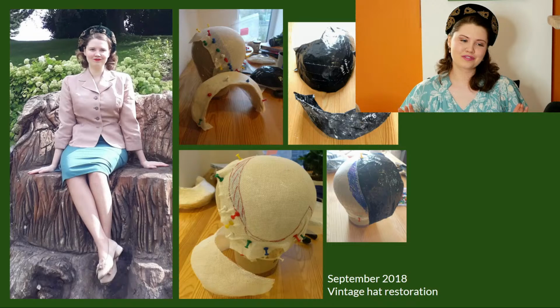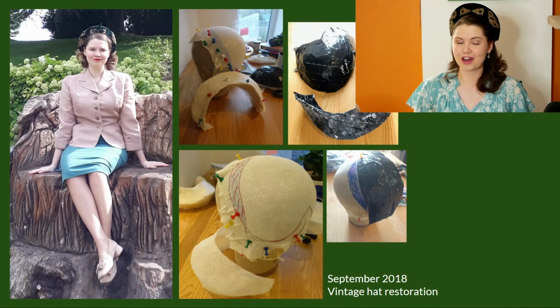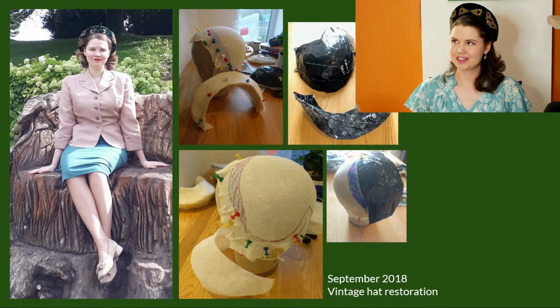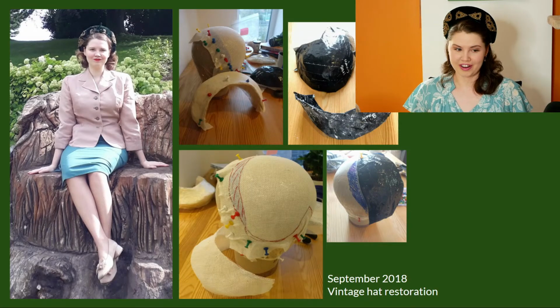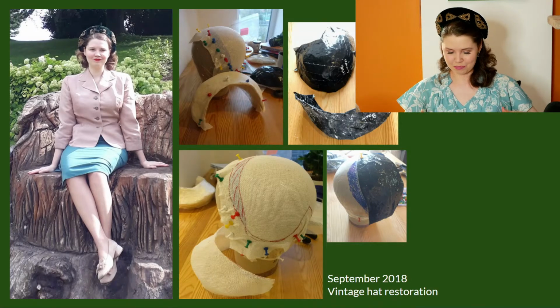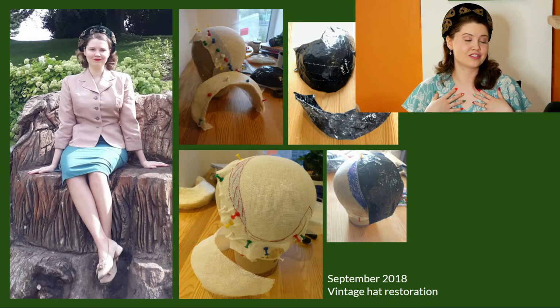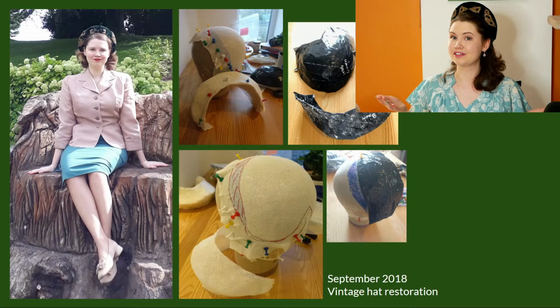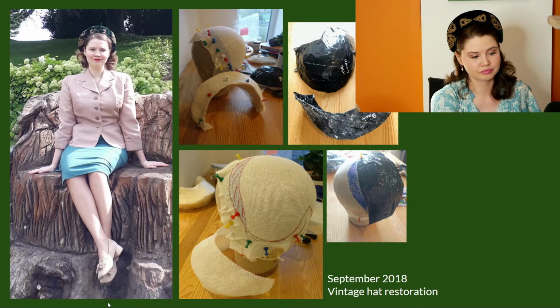covered in layers of gaffer tape, which I then Vaselined on the inside so that I could pour in plaster to try and clone the shape. It was not reinforced with wire, so obviously as I poured the plaster in, it warped and it changed the shape, but I didn't know that at the time. I was a blissfully ignorant beginner, and eventually I ended up with a hat shape